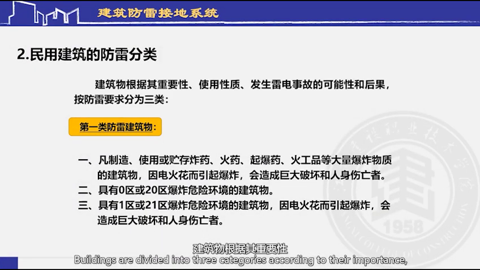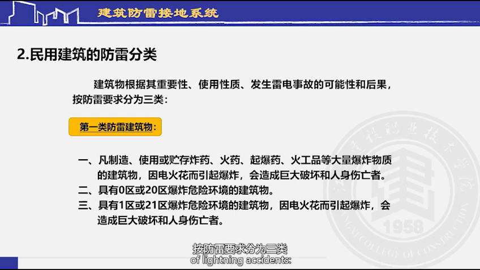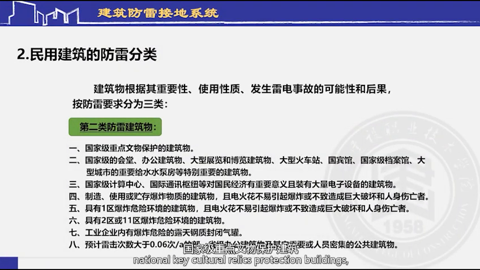Buildings are divided into 3 categories according to their importance, use nature, possibility and consequences of lightning accidents. The first category is mainly inflammable and explosive dangerous environment. The second category is mainly National Key